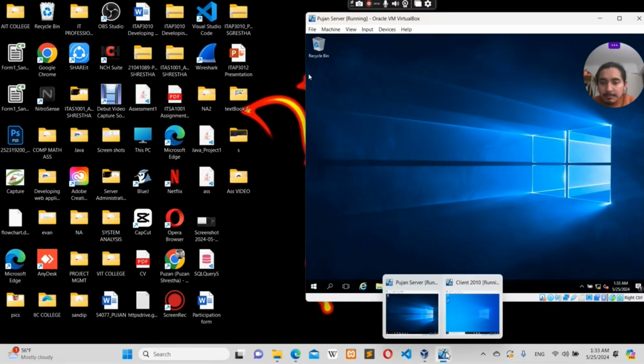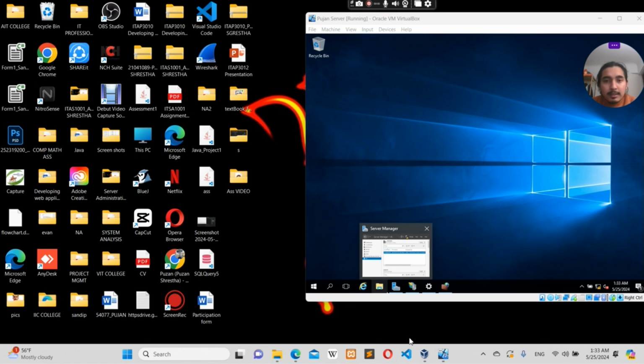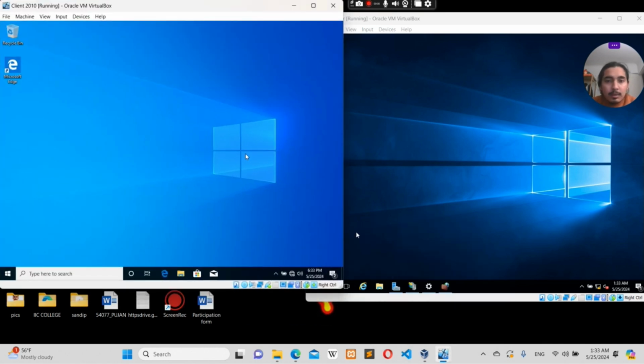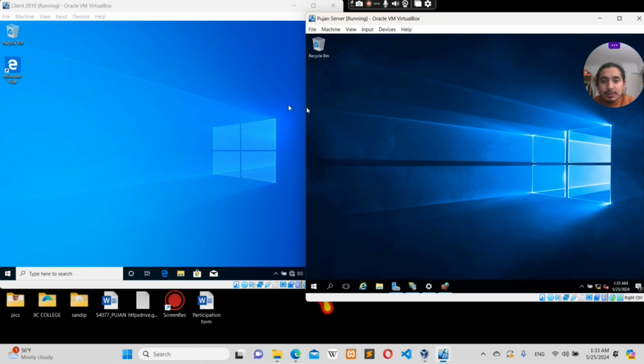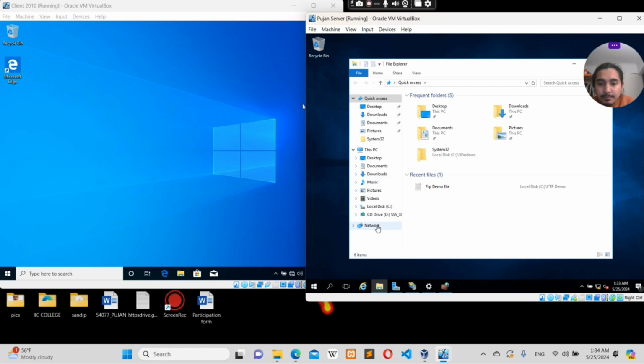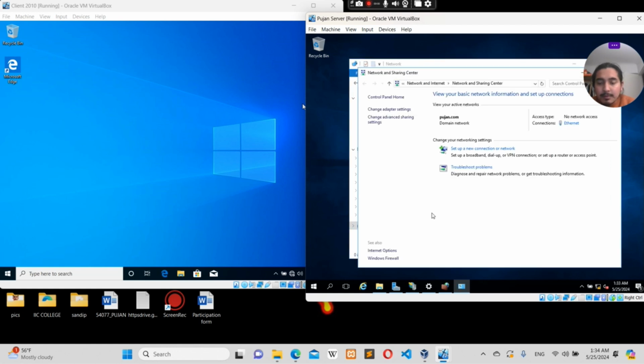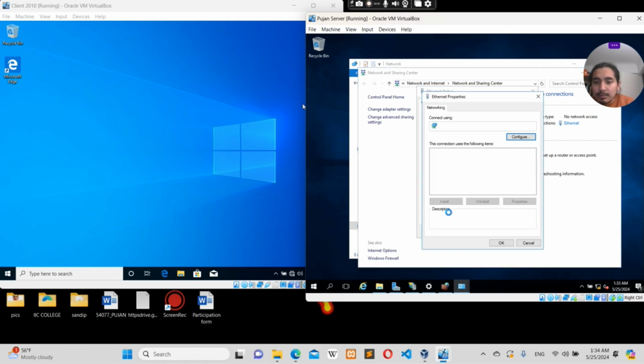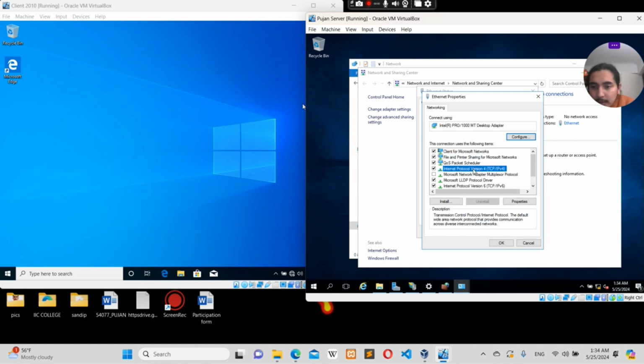For the client server, I have just created one server and one client. So for this as well, we need to set up the network like the previous one, and for the network, this time we are doing it in Server Manager in 2016. So to configure